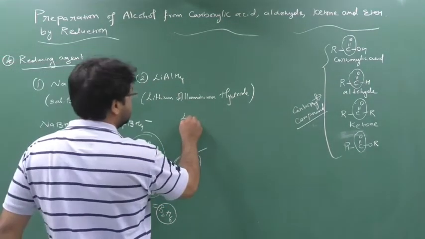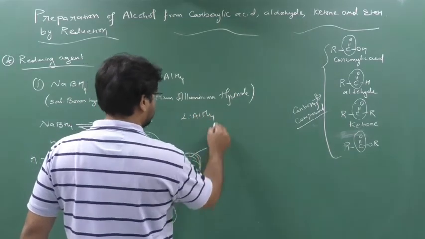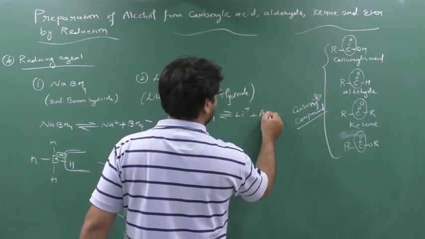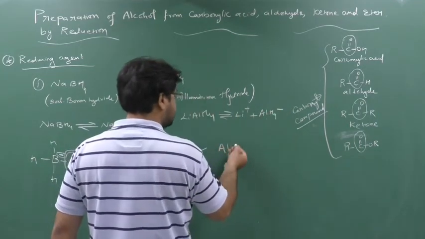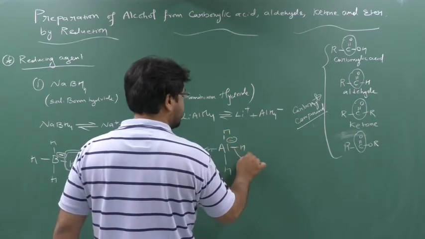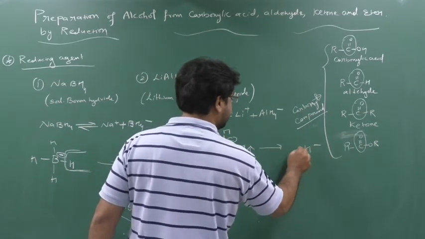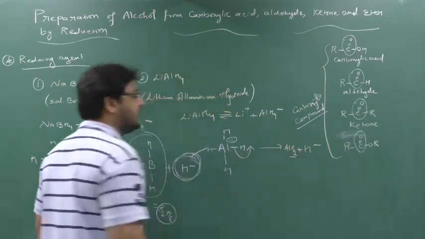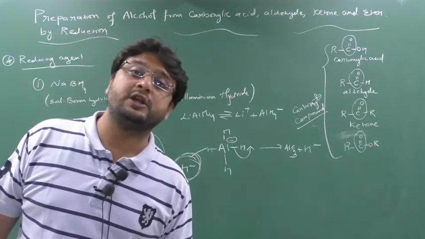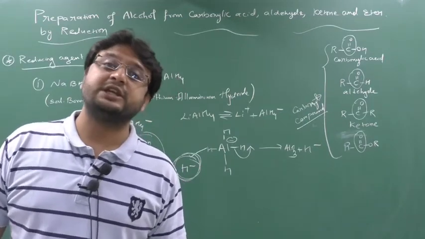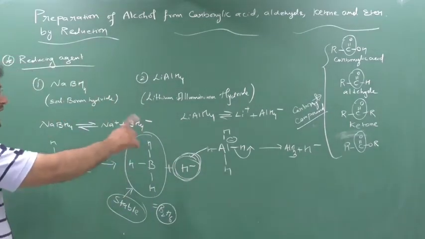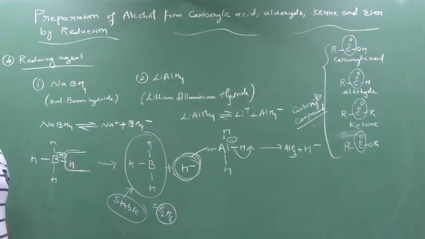Similarly, you can say here also lithium aluminium hydride. When it splits, it forms what? Li plus and AlH4 minus. This AlH4 means here like this. Here it is having a charge, so this hydrogen will be removed as H minus and forms AlH3. But you know that AlH3 doesn't exist as AlH3, it will exist as Al2H6. We have studied aluminum chloride, Al2Cl6, the AlCl3 dimer structure, the 3 centered 2 electron bond. That whole story was done in standard 11. Clear this part? So these are the compounds that will provide us H minus to do the further reaction.